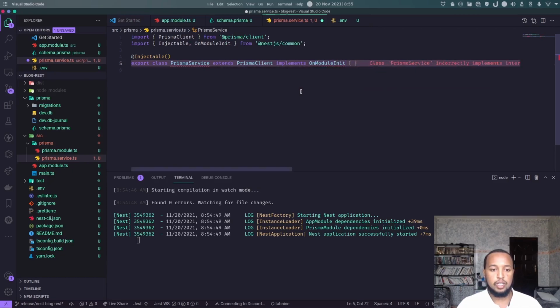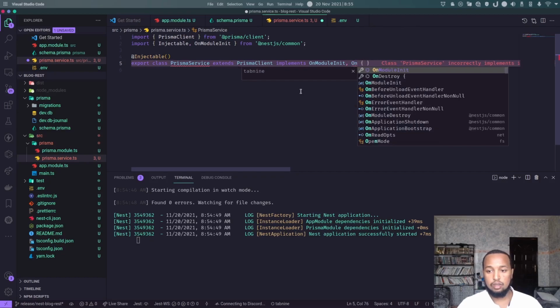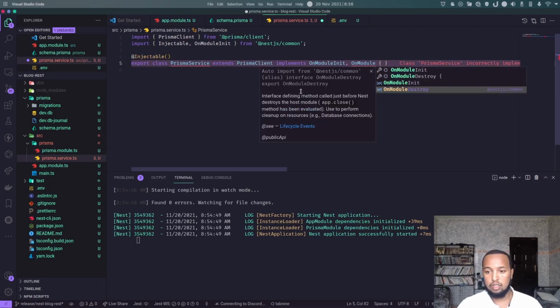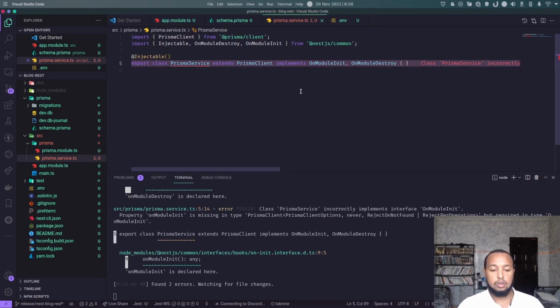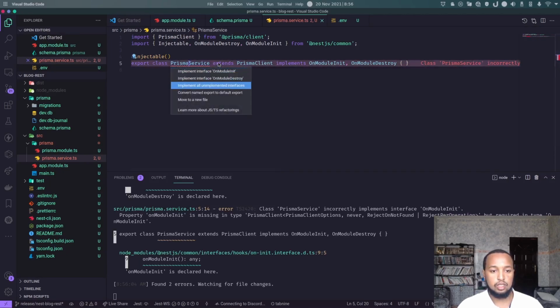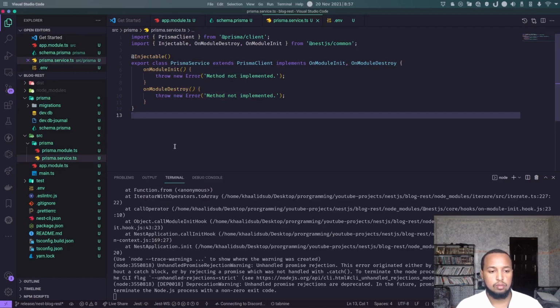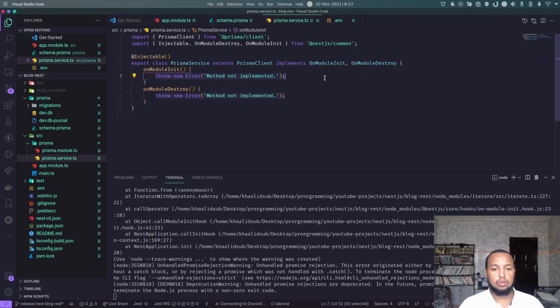And as well, whenever the Nestjs server stops, we need to have another lifecycle, and that lifecycle will be called OnModuleDestroy, if I am correct. Yeah, okay. Now TypeScript and IntelliSense are telling us to implement those interfaces, so let's implement both of them. Now we will try to implement the onModuleInit, and how we're going to do it is, so